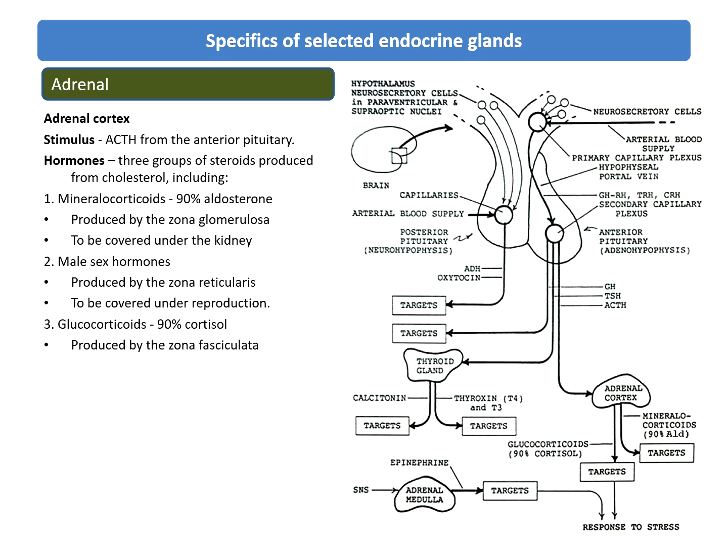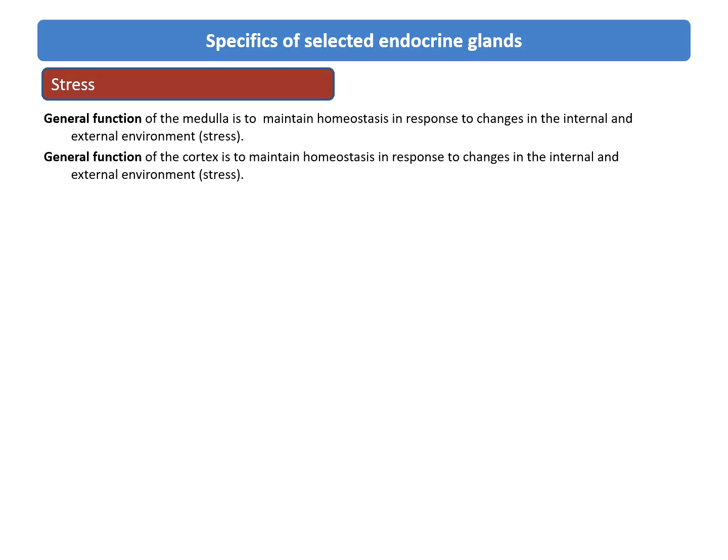They're produced by the zona fasciculata. The targets of the glucocorticoids are tissues in general. The action is to cope with stress. Let's look at stress. The general function of the medulla is to maintain homeostasis in response to changes in the